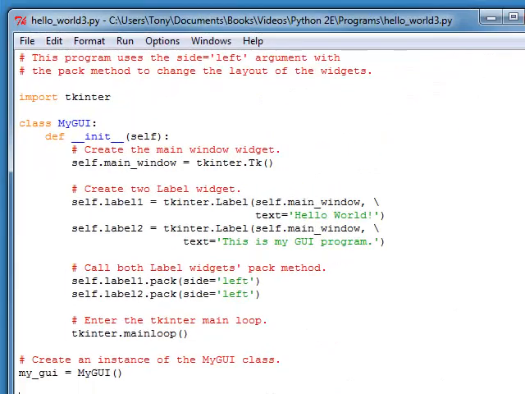So here is our last example in this video, and this program is, for the most part, just like the previous program. We are creating 2 labels, label 1 and label 2, and the first label has the text "Hello World," and the second label has the text "This is my GUI program." But what's different in this program is that we are passing an argument to the pack method. When we call the label objects' pack methods, we're passing an argument, and the argument that we're passing is side